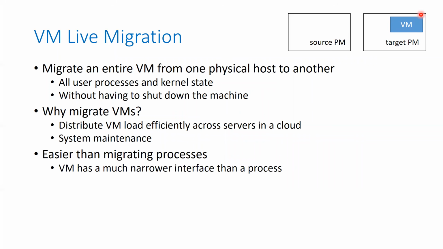And note that virtualizing an application inside a VM makes it easier to migrate it than if the application were just running as a process on a host OS. Why? Because if you have to migrate a running process, a process has many dependencies. It might depend on libraries, it might be using shared memory with another process. So there are many things for a process that you have to worry about. Whereas migrating a VM, since it is almost like a real machine, is much easier because a VM has a much narrower interface. It does not have too many things, as we'll see soon.